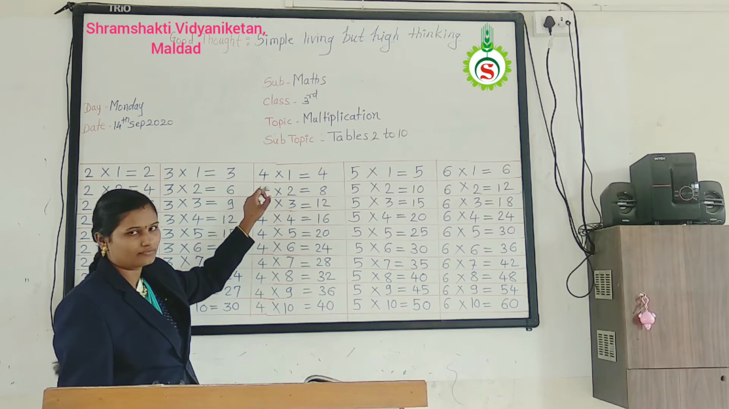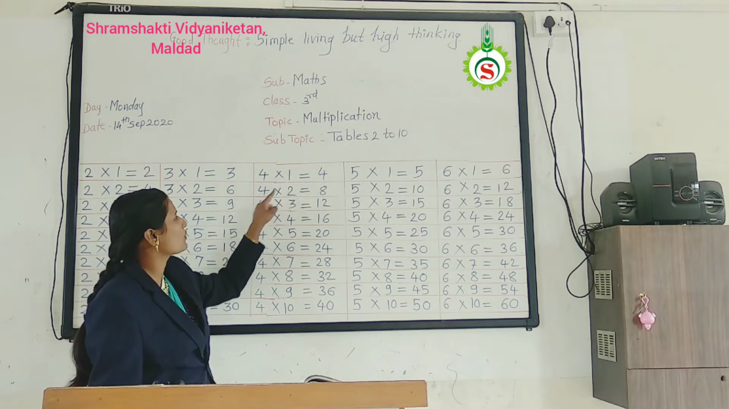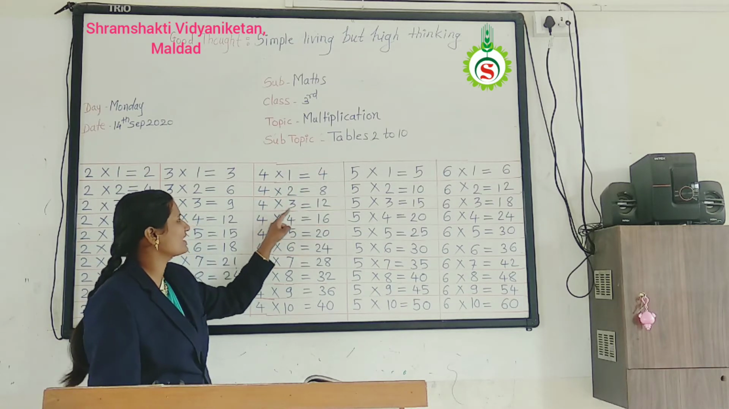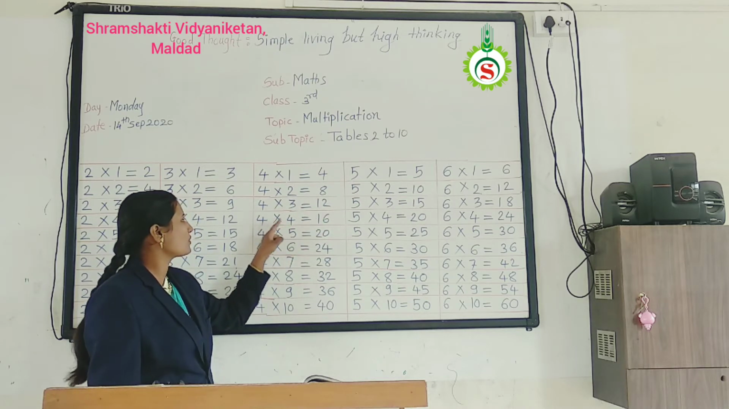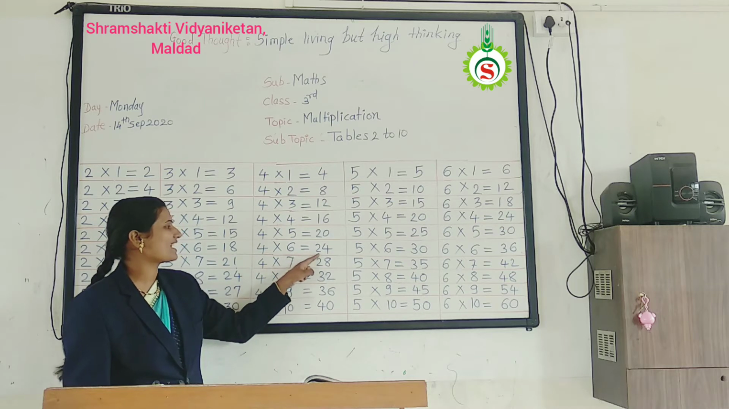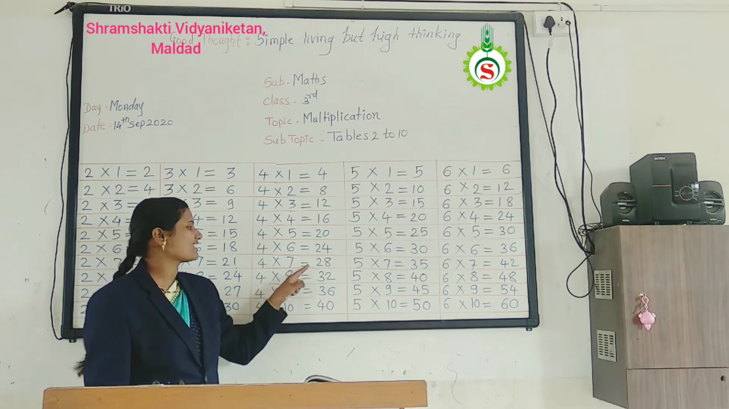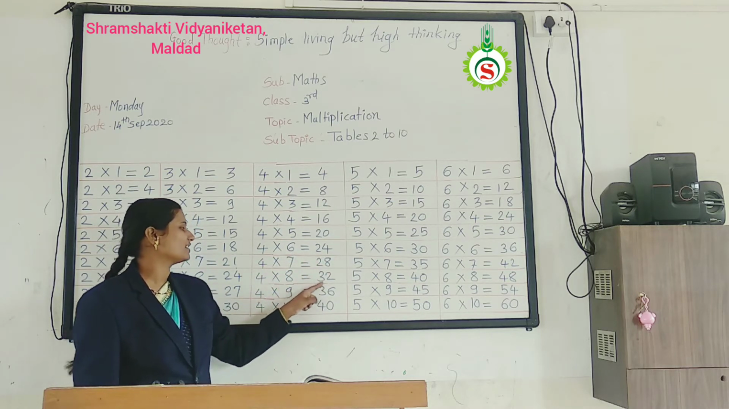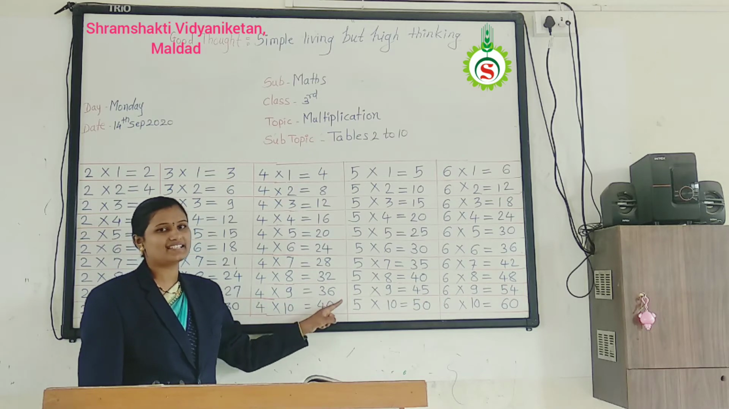Table 4. 4 ones are 4, 4 twos are 8, 4 threes are 12, 4 fours are 16, 4 fives are 20, 4 sixes are 24, 4 sevens are 28, 4 eights are 32, 4 nines are 36, 4 tens